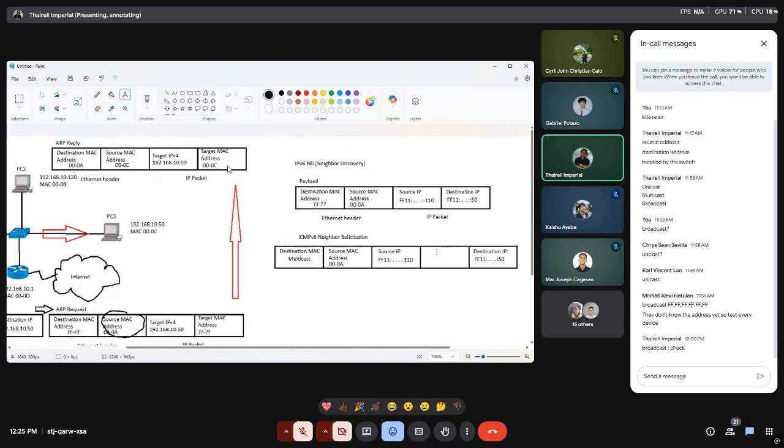So let me just call that over here. That's destination IPv6. Okay, destination IPv6. Oh no, this is SN multicast.